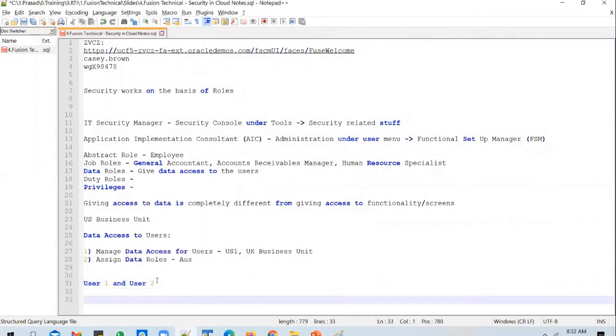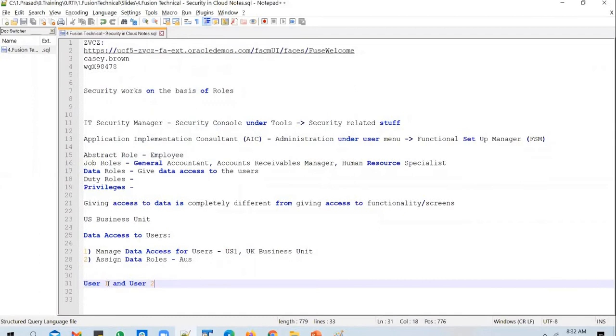User 2 says that he cannot access a particular screen, and he also gives you a clue saying that user 1 is able to access it, but he is not able to access that particular screen or perform a particular action. So there is a specific functionality or screen that user 2 is not able to access, whereas user 1 is able to access. How do you debug that?